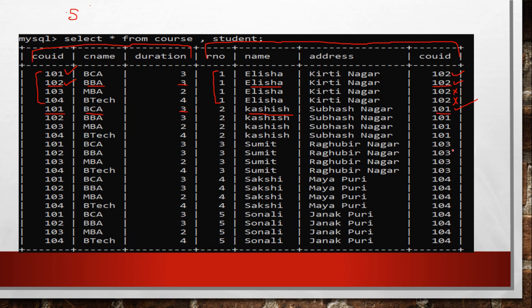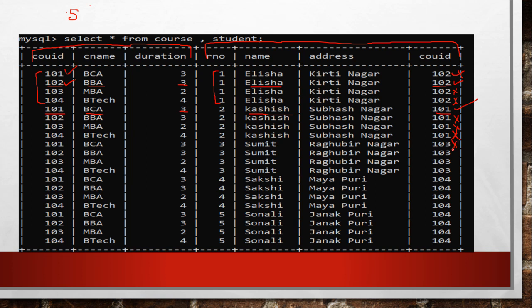So in this way the system will reject the records, and those records which satisfy the given condition will have their data shown in the query output, right? If we move forward, in the next record it is 101 but over here it is 102, so this one is also rejected. Next 101 but over here it is 103, so this one is also rejected. This one is also rejected because over here it is 101 but here it is 104. Now the next one is 103, but you can see that over here it is 101, so this record is also rejected.